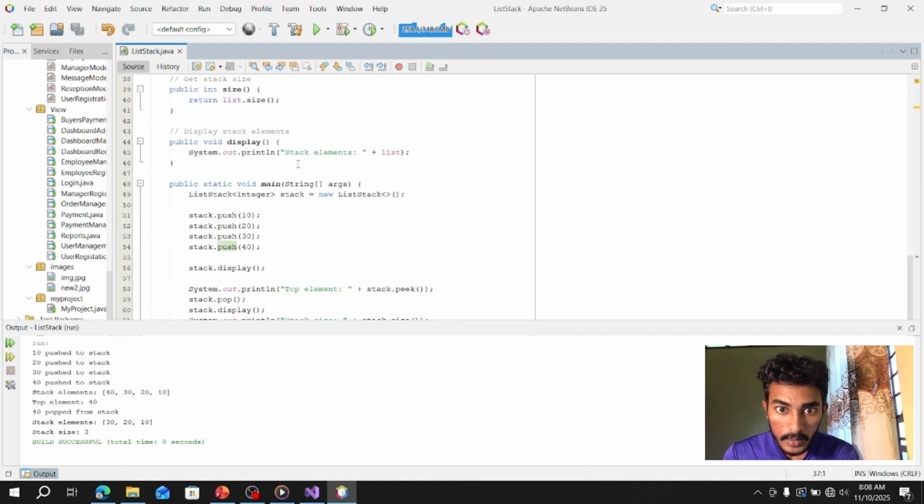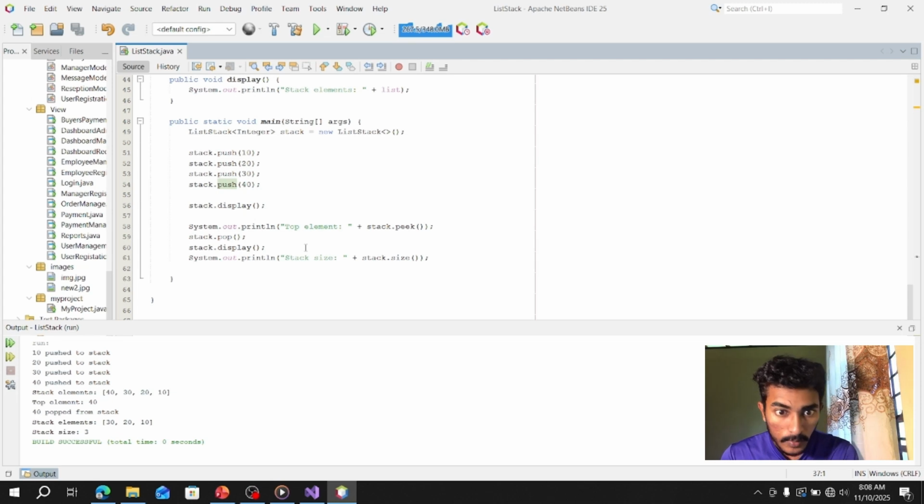You can see all the pushed elements here. So top element is 40. How is it obtained? You can see the 40 is the first element in the stack, so that is the top element, the output.